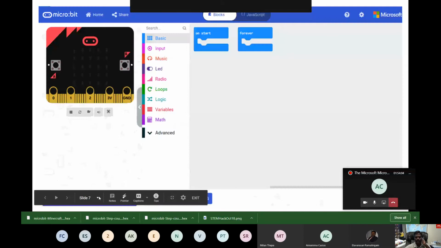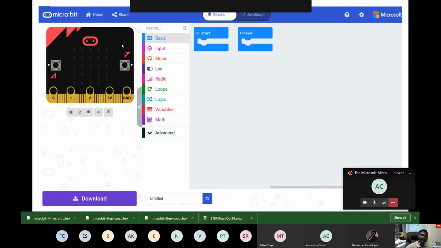Next, I will go to how to create the coding. Use microbit.org. This is a website. In that website, we are going to